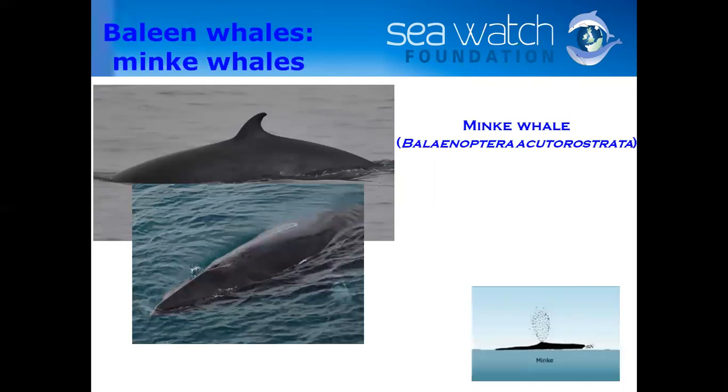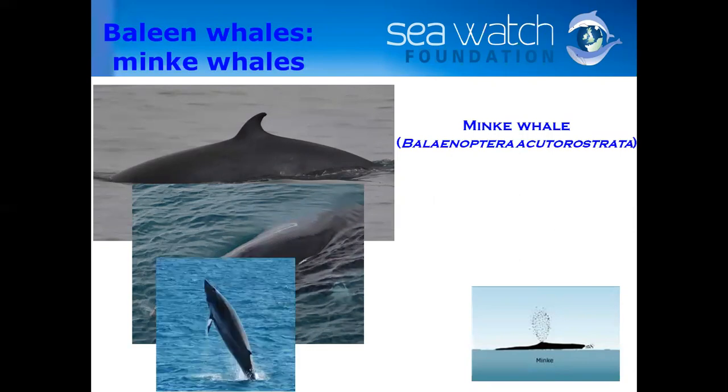Let's start by talking about minke whales. The minke whale is a 5 to 10 meters long whale, the most common baleen whale in UK waters. It is distinguished by having a triangular shaped dorsal fin, two-thirds along the back. The snout is very pointed, that's very distinct of minke whales, and they have a white patch on each pectoral flipper, as the photo here at the bottom shows. The blow is very faint, so it's not really something you should be looking out for, although it is shown in this drawing. I say you sometimes smell them better than you see them